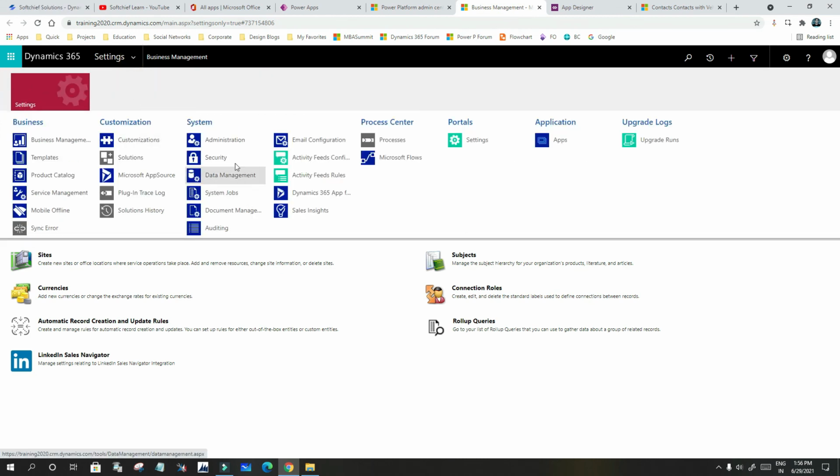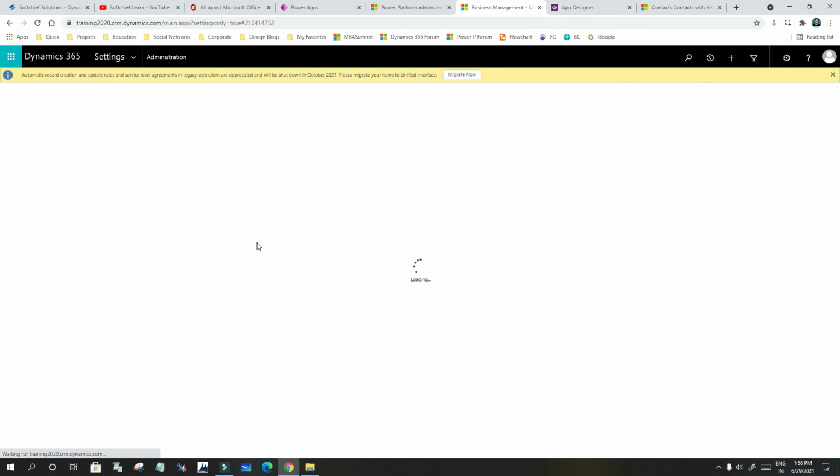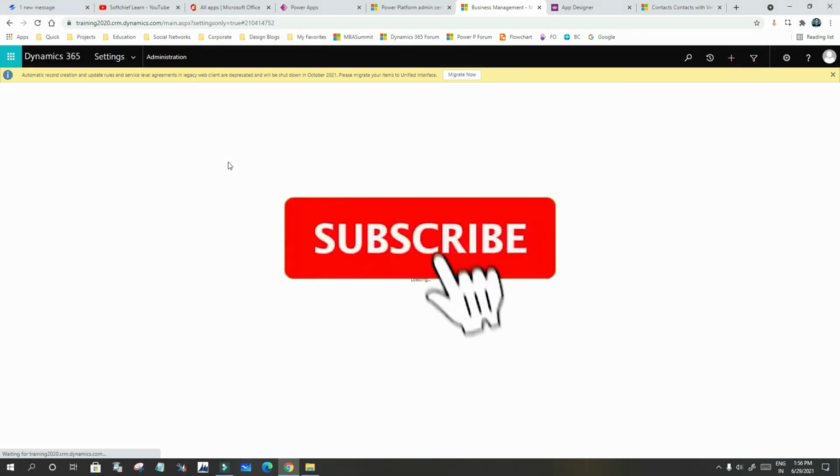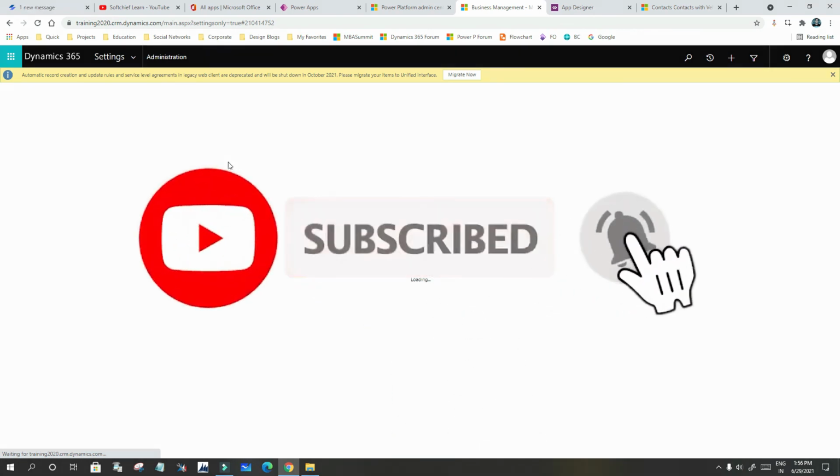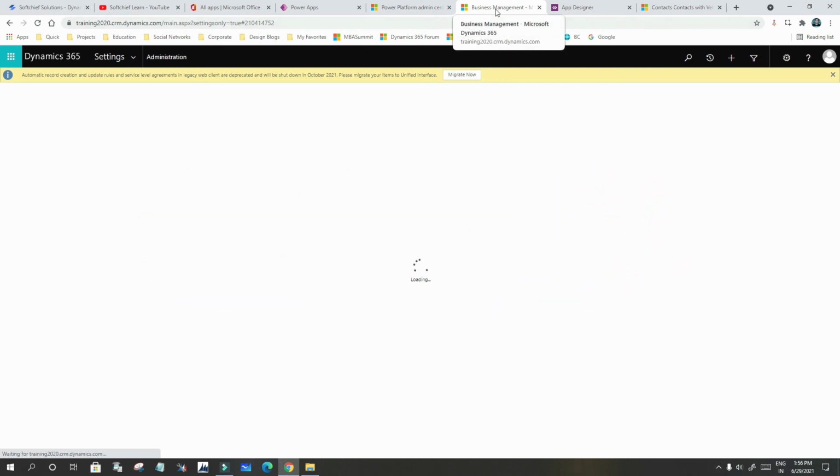Go to this administration and you have to go to this system settings. In the system settings you have to find the mobile offline capability option.